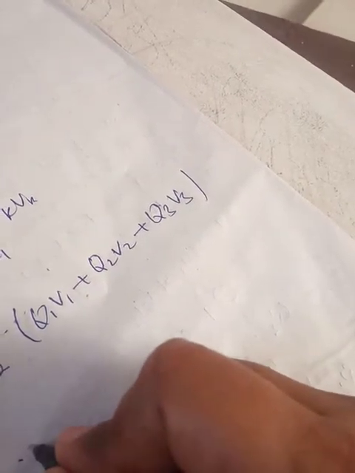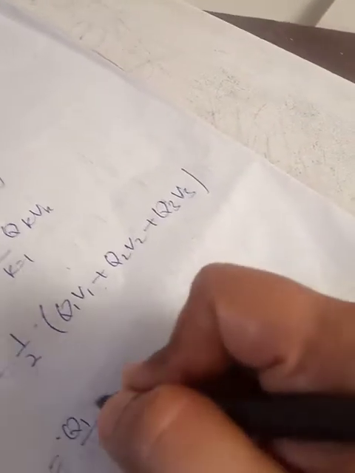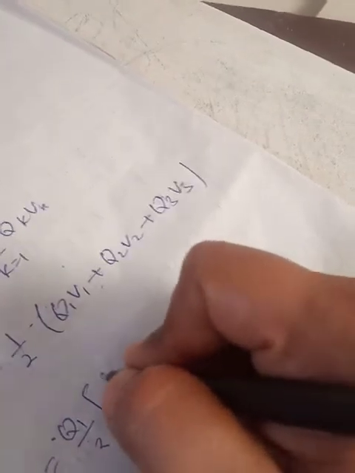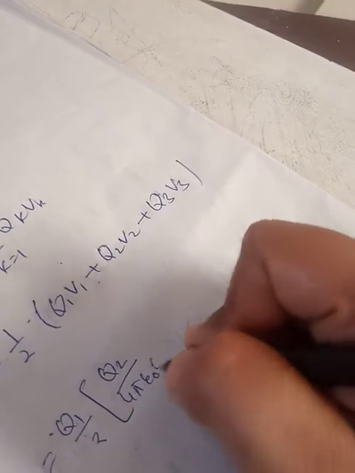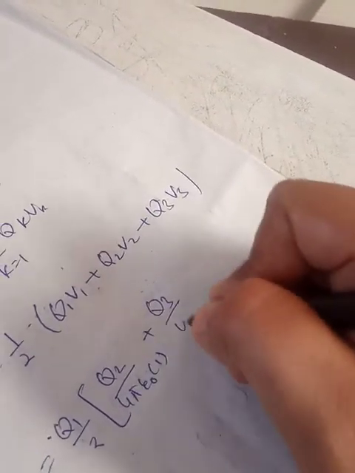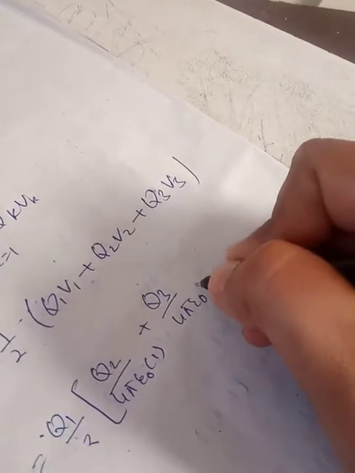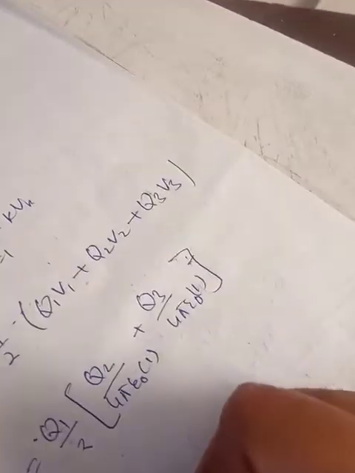If you put the values of V1, V2 and V3, we will get Q1 by 2 under bracket Q2 upon 4 pi epsilon 0 times 1 plus Q3 upon 4 pi epsilon 0 times 1, bracket, plus